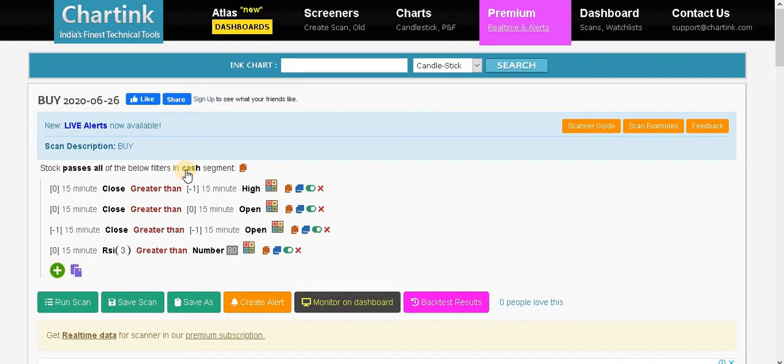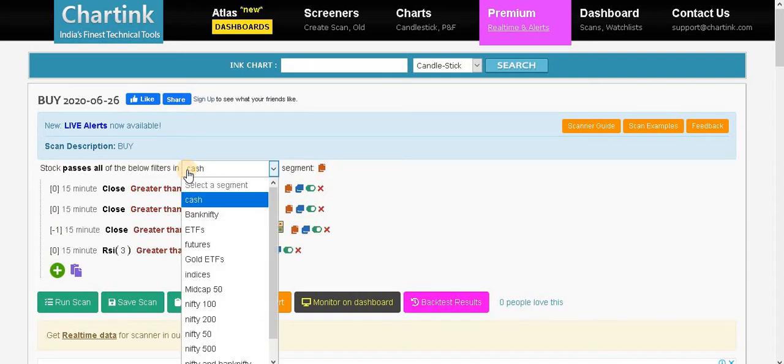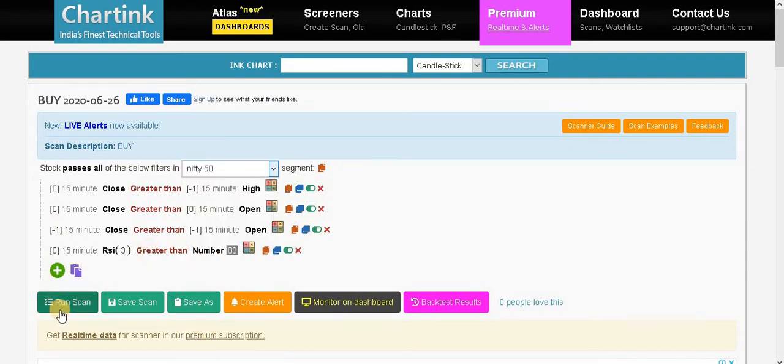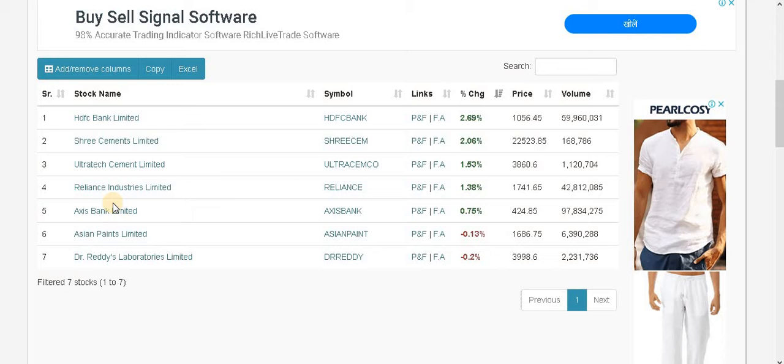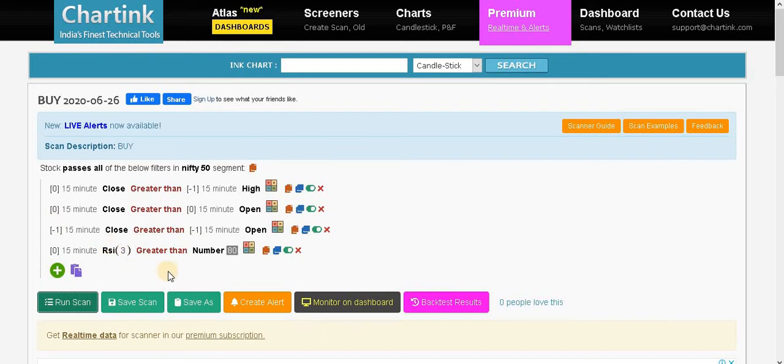As I mentioned over here that presently it will be marked as cash segment. You can change it to Nifty, and run the scan on Nifty. As you can see, there are listed stocks over here which are good for buying purpose. Good for buying purpose, not in the sense that you can straight away buy them and they are going to be a good bet. No, that's not true. They can be better, they can be the best, but based on certain criteria.